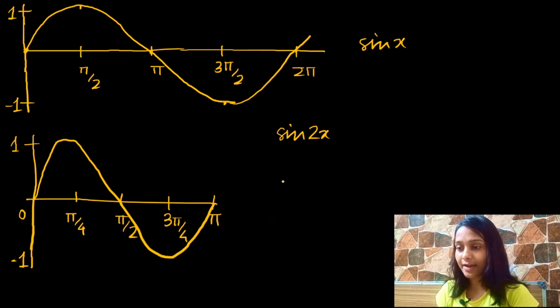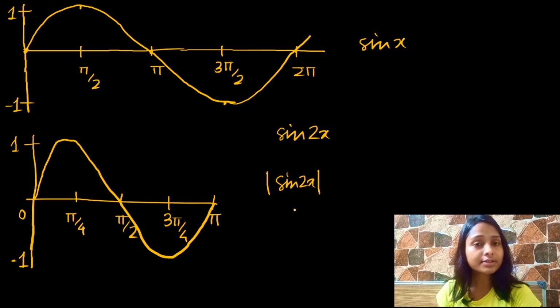Now next we have mod of sin 2x. Okay. So what the mod does, mod takes the negative value to the positive side, where the x-axis can be taken as the mirror. So the positive portion will remain the same, but the negative portion will be transferred to the positive section as the mirror image, where the mirror can be thought of as the x-axis. So this plot of mod of sin 2x, it will become,